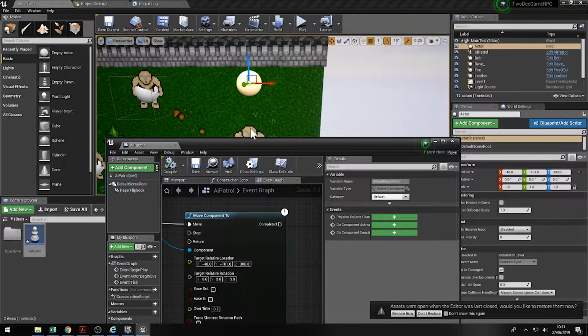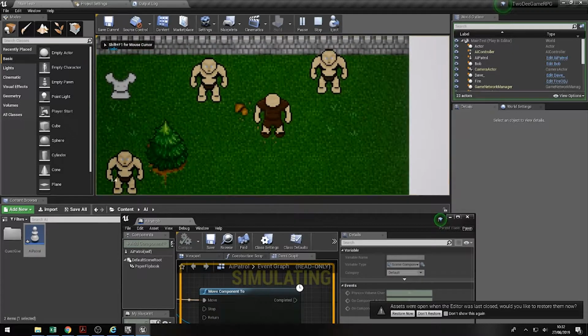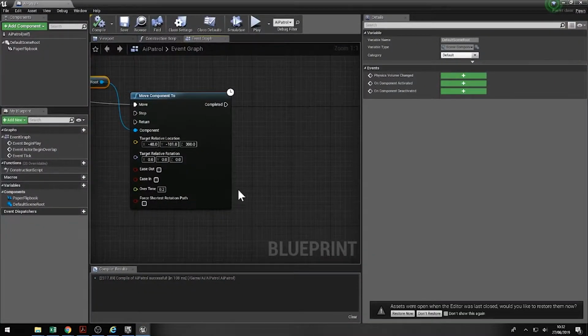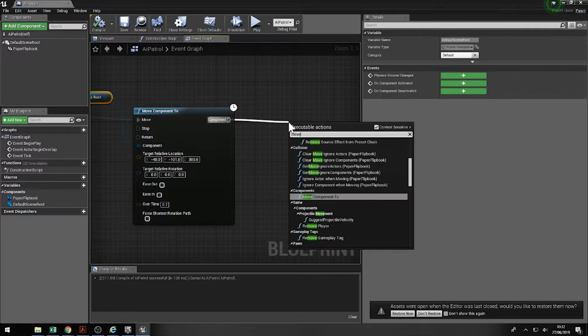So what should now happen is if I go to play the game, my character should walk up to the top of this wall. Fantastic. Now what we're going to do is have the character walk the other side. So we're going to do another Move Component To,